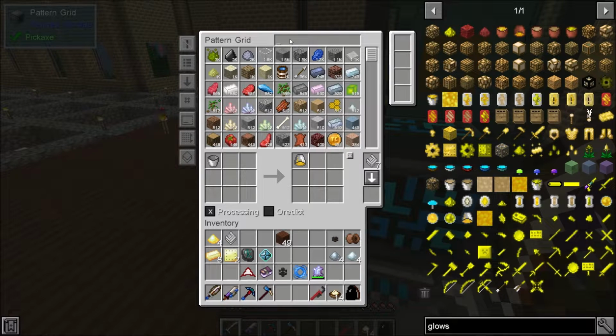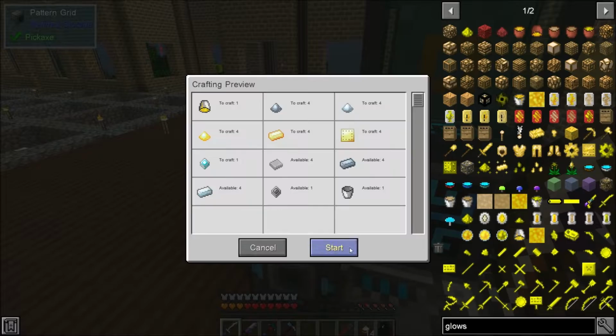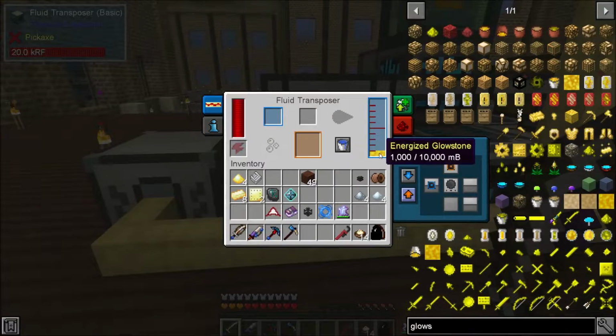Toss that into there. Okay. Hopefully it works this time. Construction core. There we go. And it should...